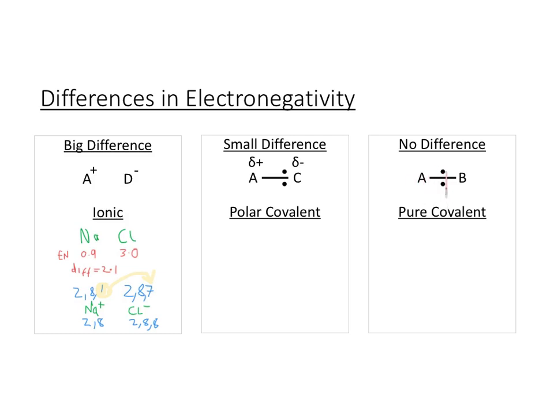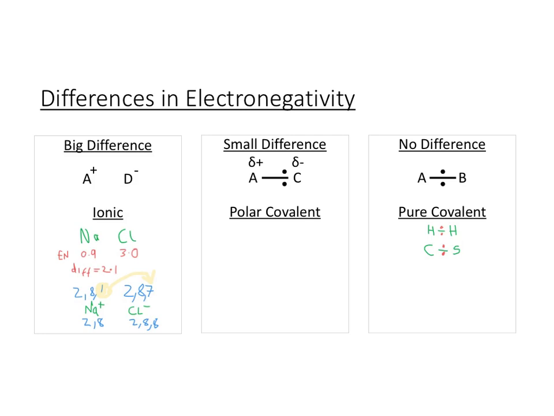Again, looking at our tug of war analogy, neither element is stronger than the other. They both have the same attraction, the same pulling power, and so the electrons are shared absolutely equally between them. This would happen when an element is bonding with itself, for example hydrogen bonding with itself, or there are some elements like carbon and sulfur where they have absolutely the same electronegativity, the same attraction for those electrons, and if we're showing the position of the electrons with these wee dots, the electrons will be right in the middle, shared equally